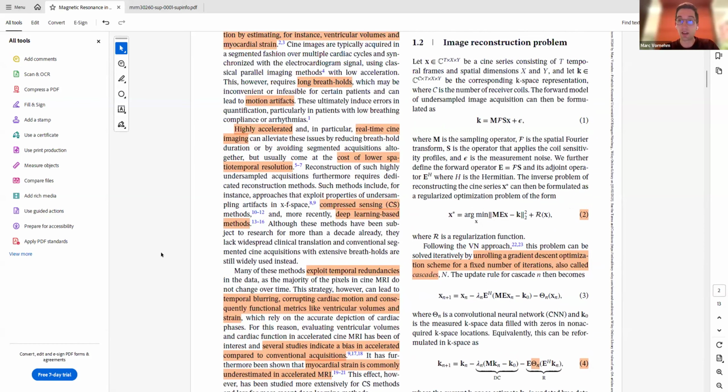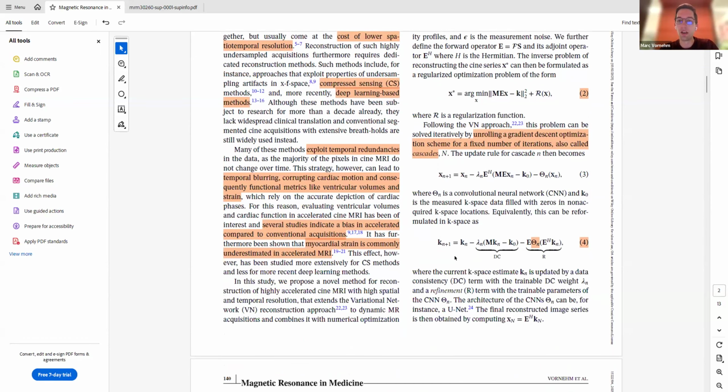So our method is based on a variational network. So that's a very common unrolled network architecture for MR image reconstruction. And it's based on this optimization problem that you all know if you're working in reconstruction. And the VARNet or VN unrolls this optimization problem in a gradient descent optimization scheme for a fixed number of iterations, which we then call cascades.